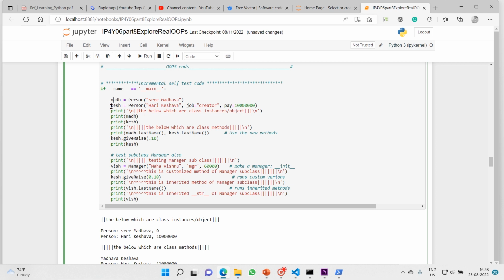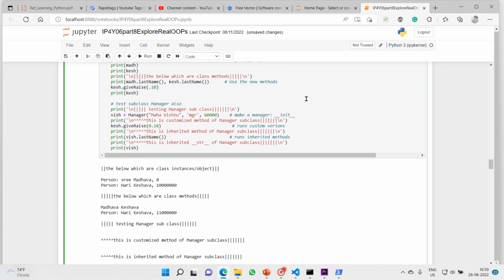These are my two objects. Then I want to print those two objects, print Madh and Kesh, and then I just want to get the methods last name and then give rise. So these are the attributes and methods of the main class.